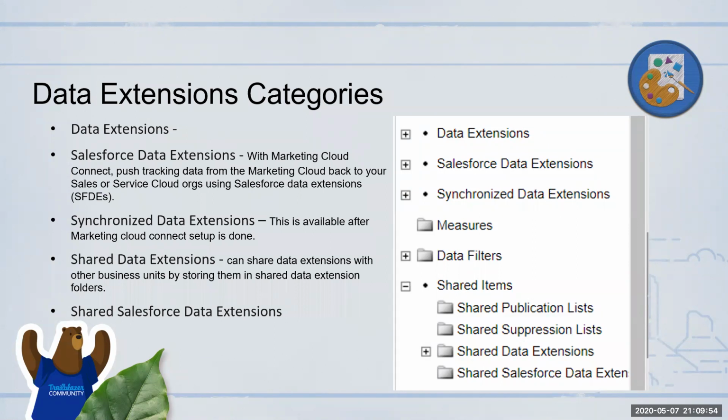So which we will probably look at in one of the future sessions when we cover Journey Builder. That's a different way, but using the data extension that you see here, you will not be able to directly update it. Assuming you have a contact data extension in your Marketing Cloud, if you think you can go and update that field, you cannot update the fields over there, and it is not going to be reflected back in Sales Cloud or Service Cloud as well.